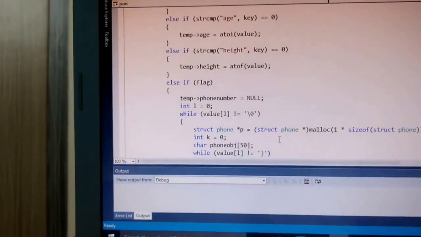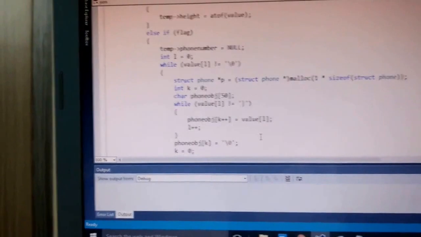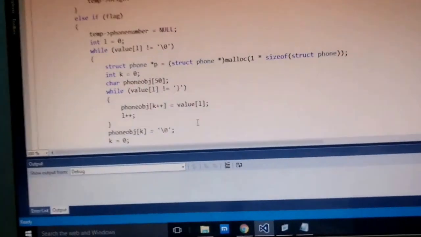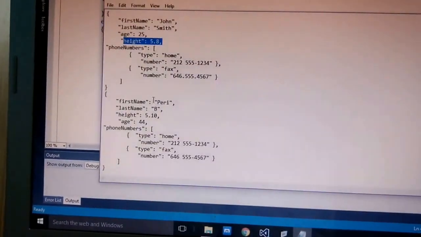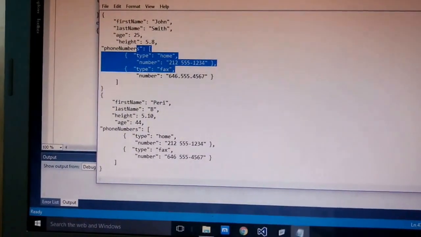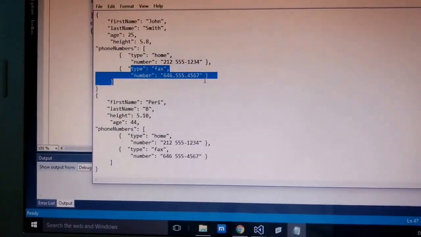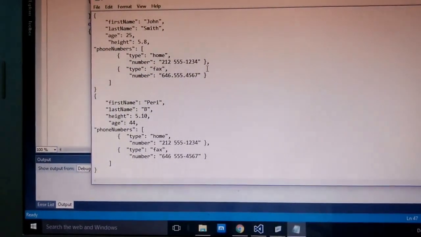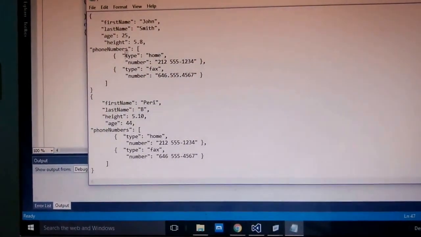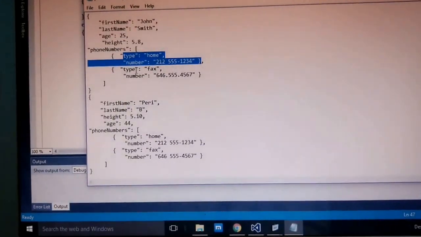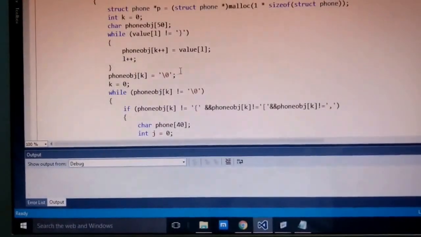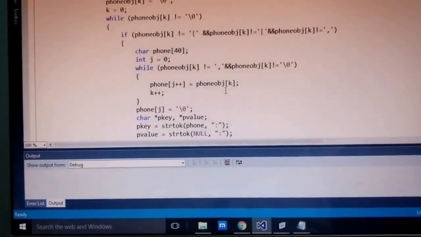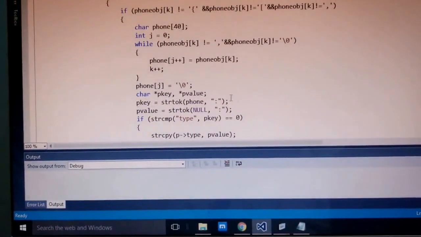Otherwise, if it's a phone number, I'm breaking each phone number into one phone object. I have two phone numbers in this example. This one is one phone number, and temp, type fax and number is another phone number. So I'm splitting this into one separate structure, and then splitting this into another separate structure. While the phone object is not equal to 0, I'm scanning it, taking a p key and a p value.